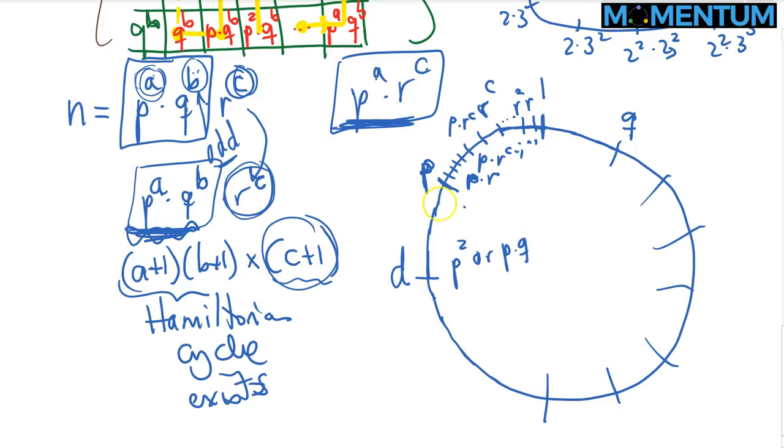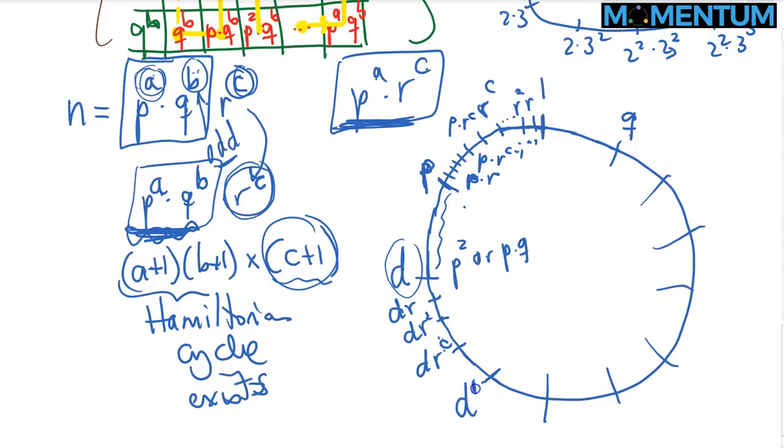Okay, it doesn't matter. I just leave it blank. I don't place anything new here. But between D and the next guy, let's call it D prime, I do the same trick that I did earlier. So I add here D times R, and then D times R squared, and so on. I rise all the way up to D times R to the power C, and then